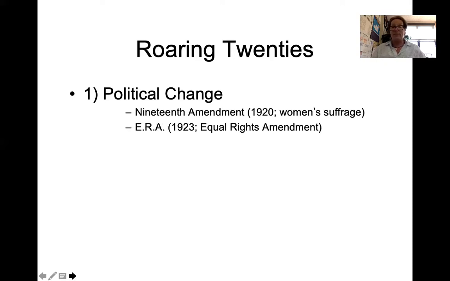Now, 3 years later, 1923, women are saying, if we're good enough to vote, why aren't we good enough to work other jobs? Why do we have to work the same jobs? And if they're working the same job as a guy, women are now saying, but wait a minute, why aren't we making the same kind of money that the guys are? So in 1923, there was a push for what's called the ERA, the Equal Rights Amendment. Now, the ERA was never actually ratified. It was never ratified by the states.